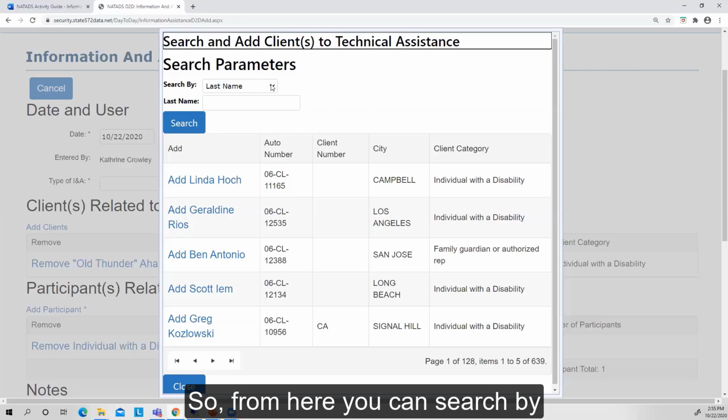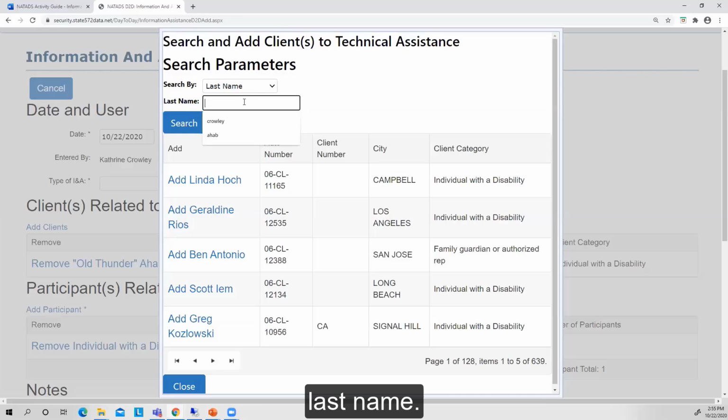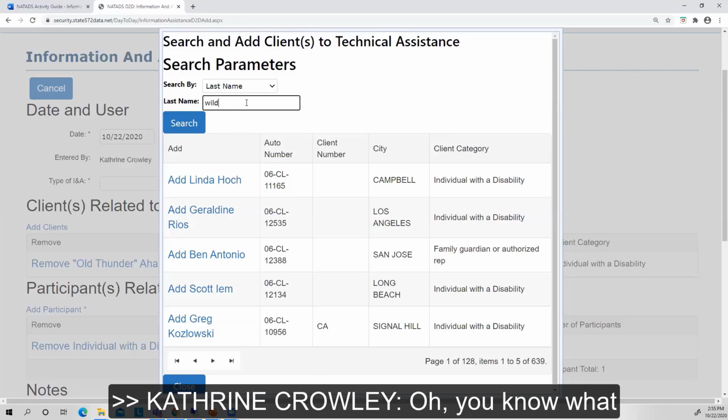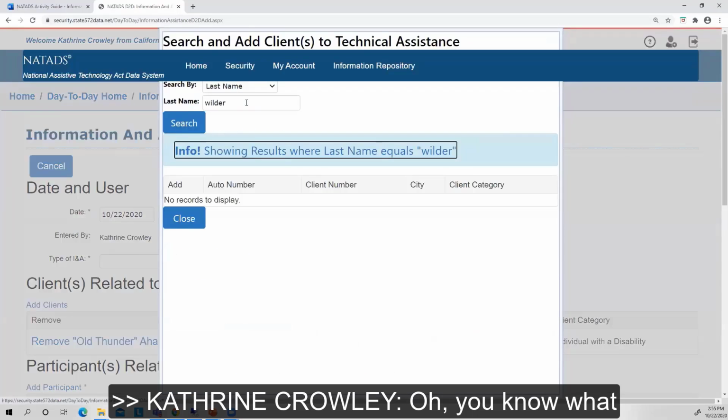So from here, you can search by last name. Oh, you know what it is.